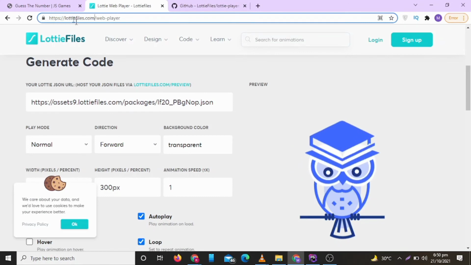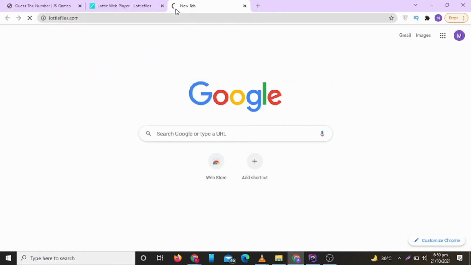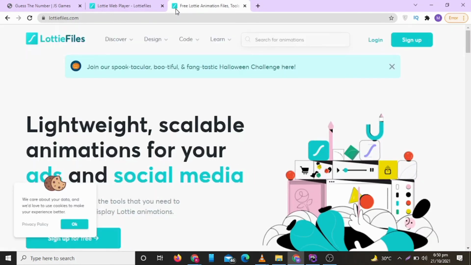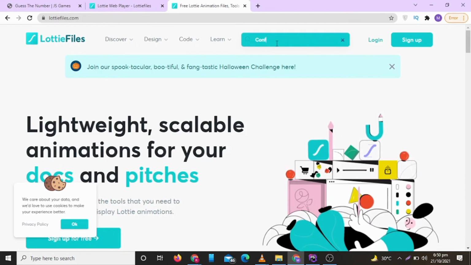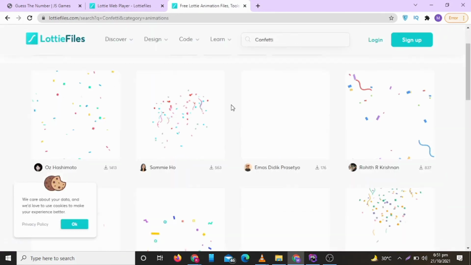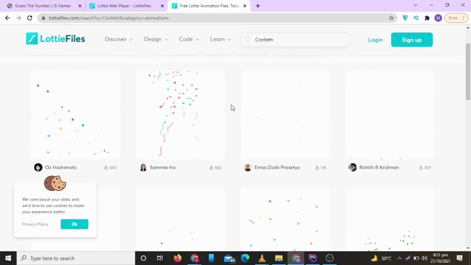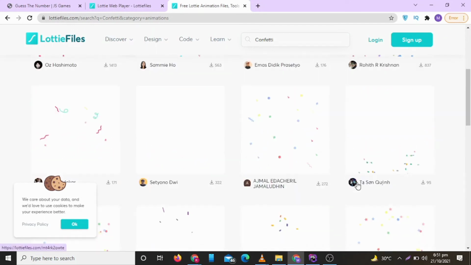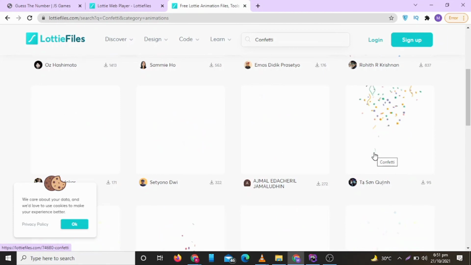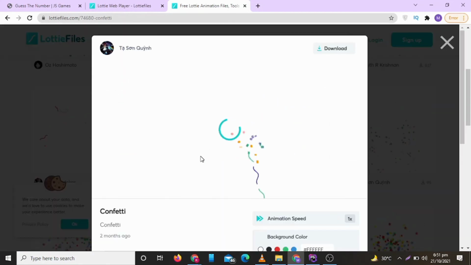Now let's reopen this website in a new tab to search the desired animation. Now we will search confetti. Let's choose this animation because it is looking beautiful.